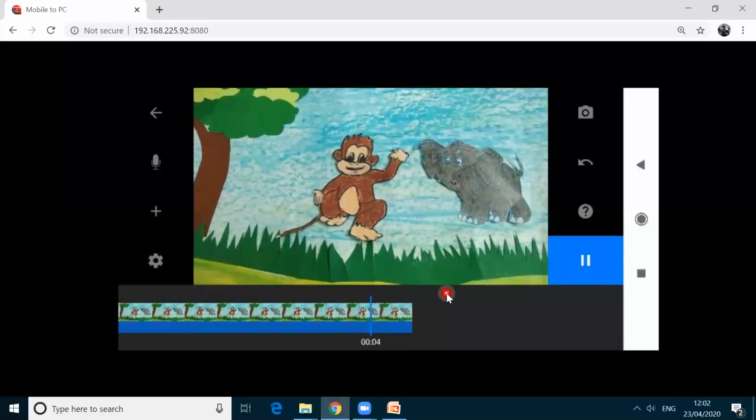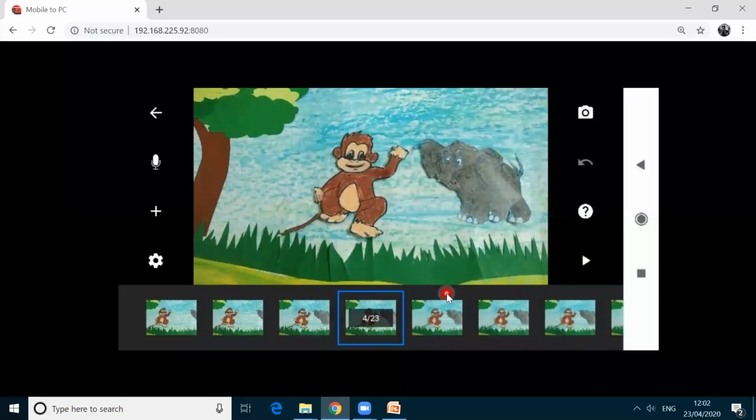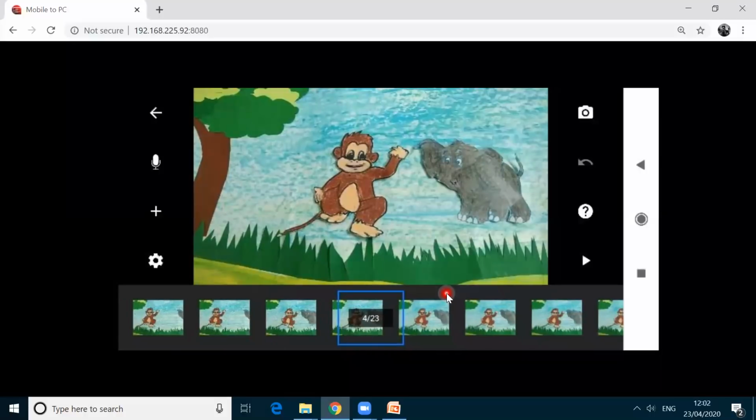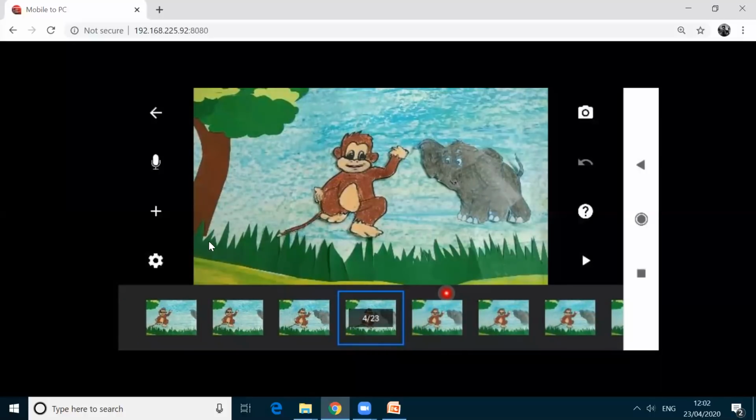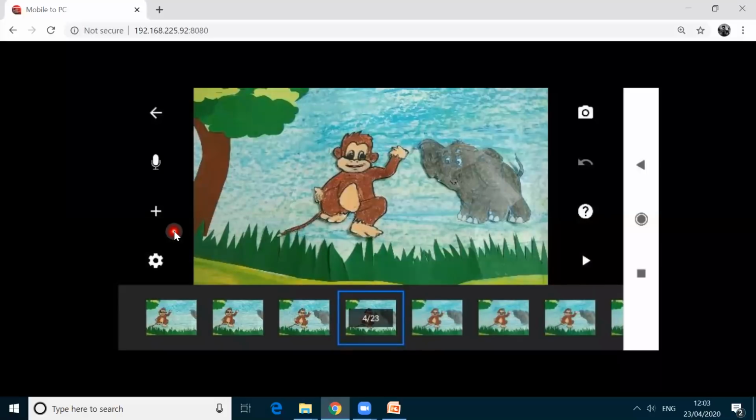See here. Now I'm going to add music. From where it is opening its mouth. Okay. From here, I'm going to record. I'm clicking this record option. I'm clicking this record. Suppose I have recorded wrongly. I can click stop, and then I can click cancel, and then I can do it again.